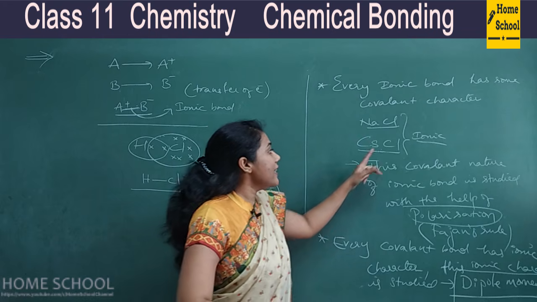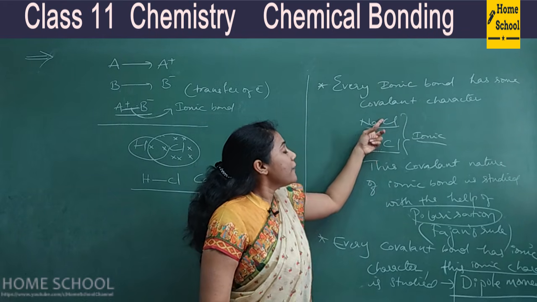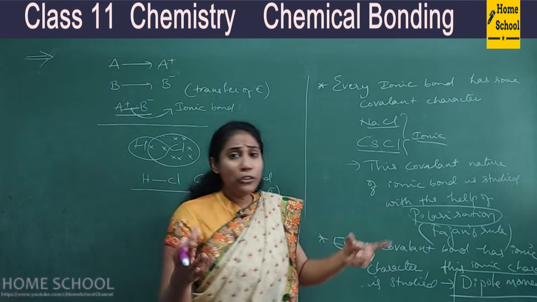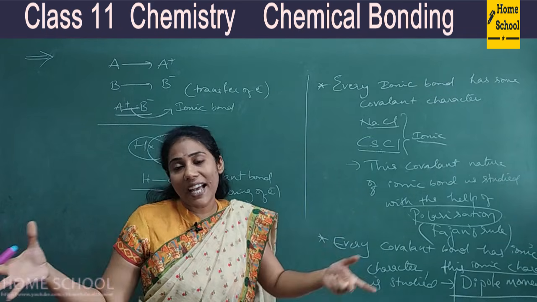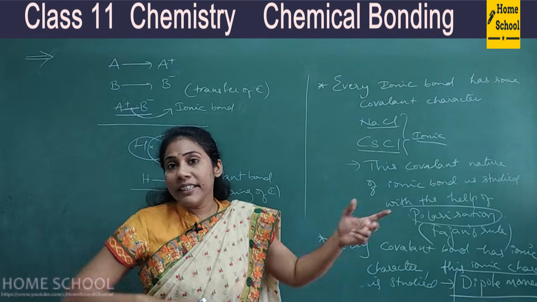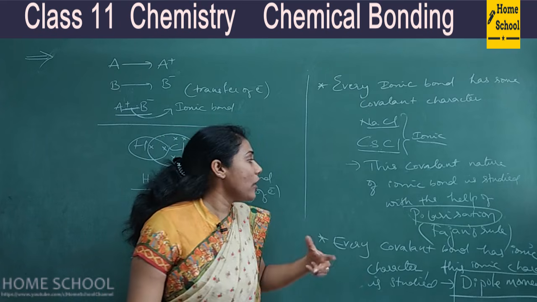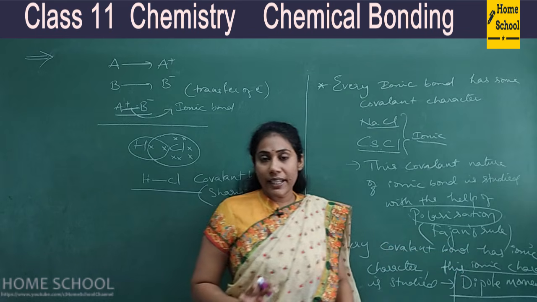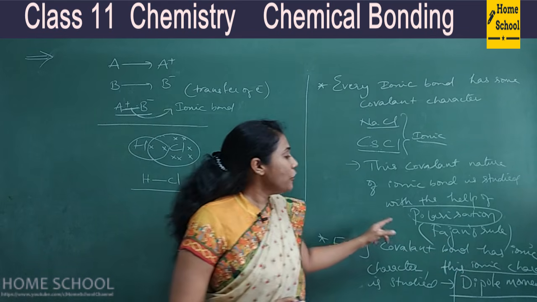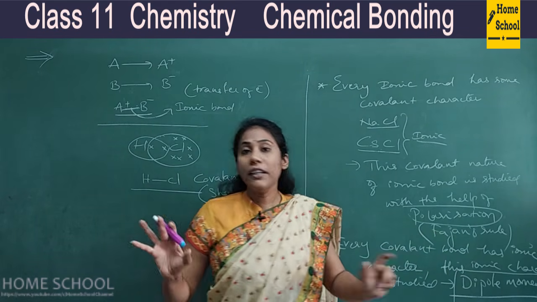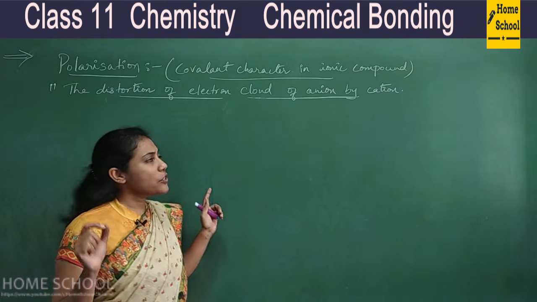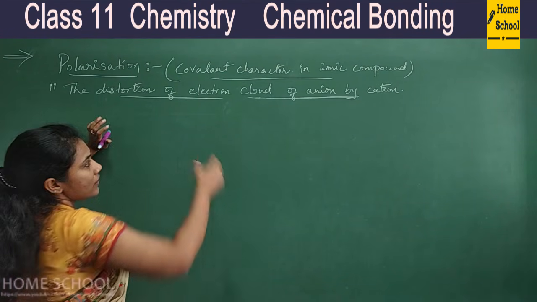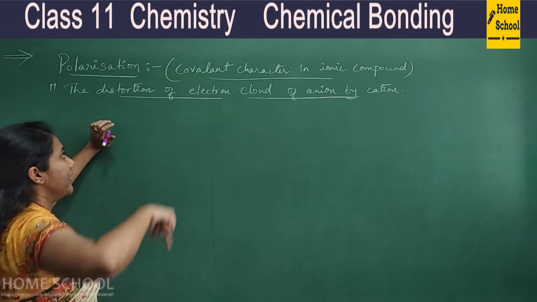Okay, so let's solve these types of questions. Say if two ionic compounds are given, which of them has more covalent character, which has less covalent character? All these types of questions can be solved very easily if you know Fazan's rule, if you know the concept of polarization. So let's quickly go for the concept of polarization or Fazan's rule. Observe what happens normally here. As I already told you, polarization means learning covalent character in ionic compound.